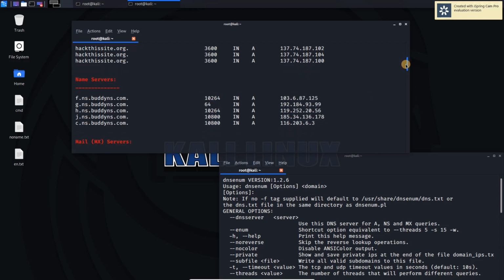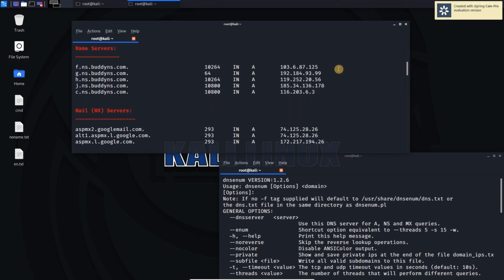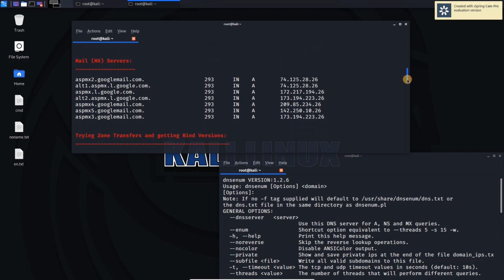This will help you for pen testing. And these are the mail exchange servers, and these are the IP addresses of the mail exchange servers. It has found all these from A records of the DNS.